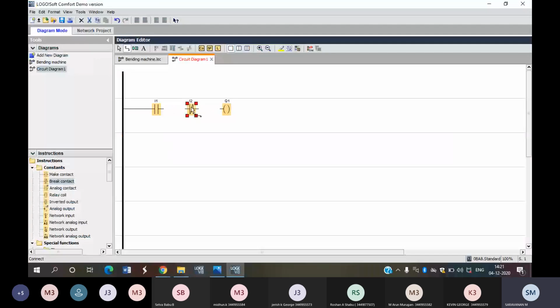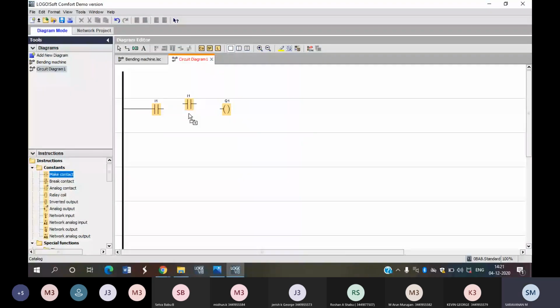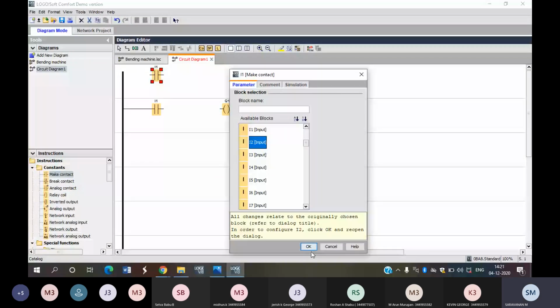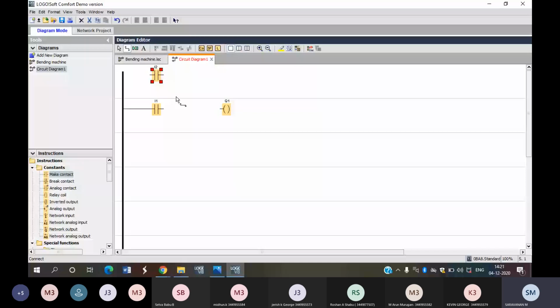So this is input 2. How will we connect all the parts here using this connector? Just join from here to here and here to here. Now we are connected. How many inputs are available here? Two inputs and only one output. As per our AND gate logic, when both inputs are on, it has to energize. So now I make it as a program. It looks like one program only, because it is two inputs and one output.